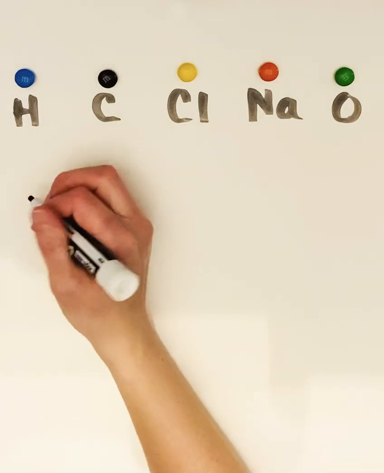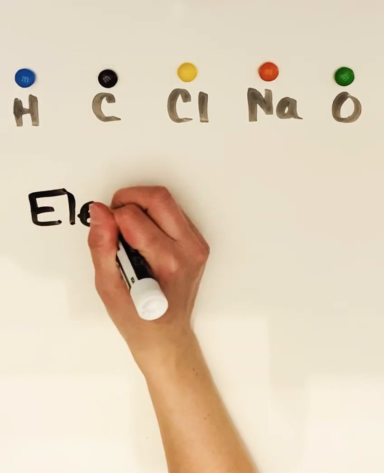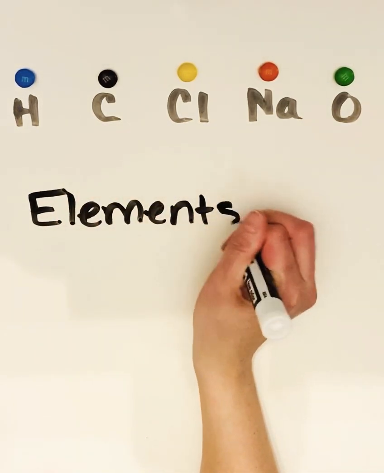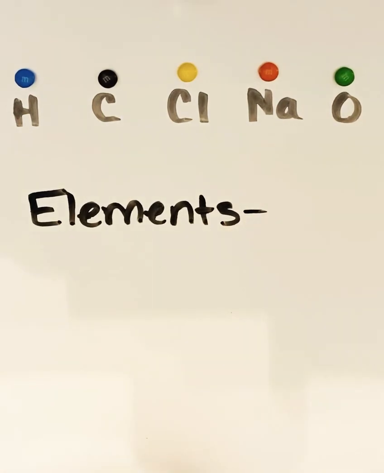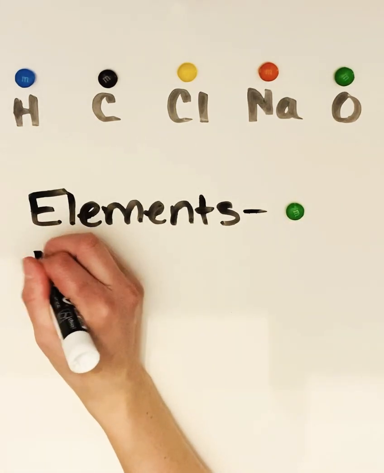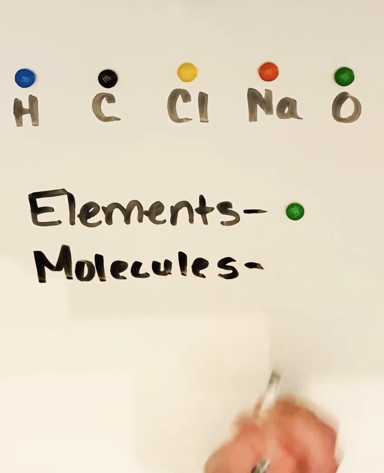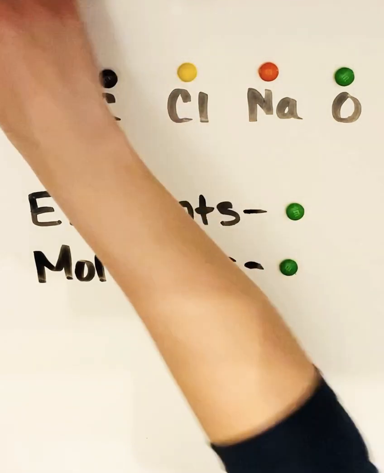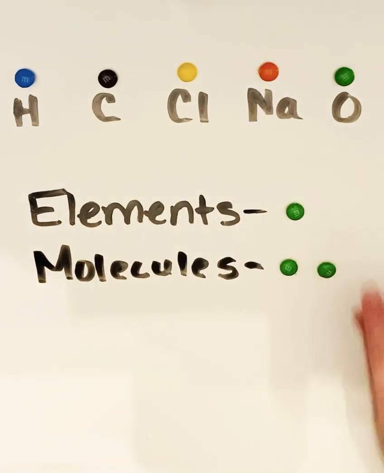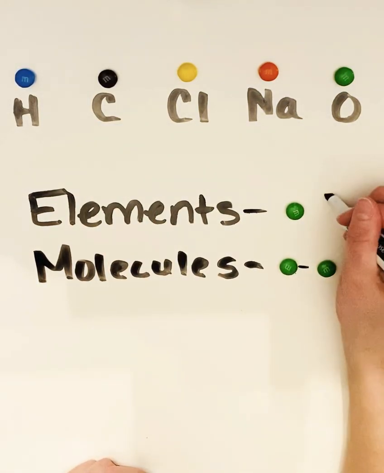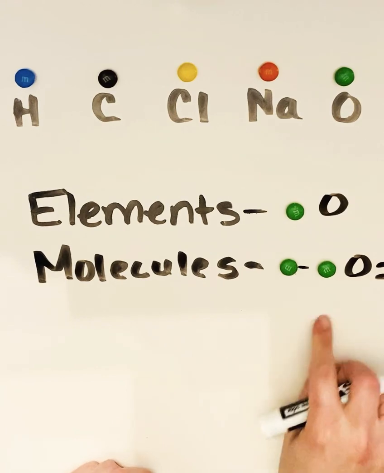So remember, elements, just to review very quickly, I'm sure you're getting tired of hearing me, cannot be broken down any further. So an example of an element would just be oxygen on its own. Molecules are 2 or more atoms of the same element that have been chemically combined. So for example, here's oxygen. O2 is a molecule,